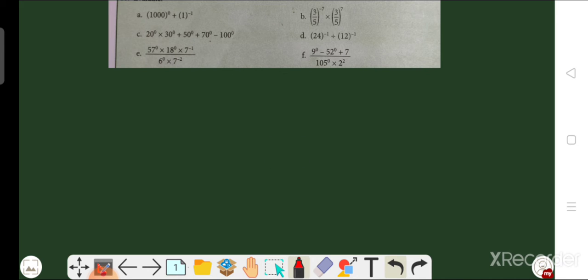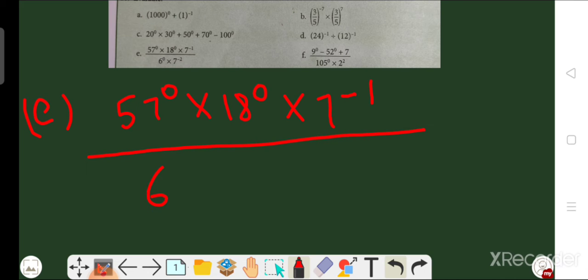In the E part we have given that 57 raised to the power 0 multiplied by 18 raised to the power 0 multiplied by 7 raised to the power minus 1, divided by 6 raised to the power 0 multiplied by 7 raised to the power minus 2. As we have already discussed, a raised to the power 0 is equal to 1, and a can be any number. So by using this property we have